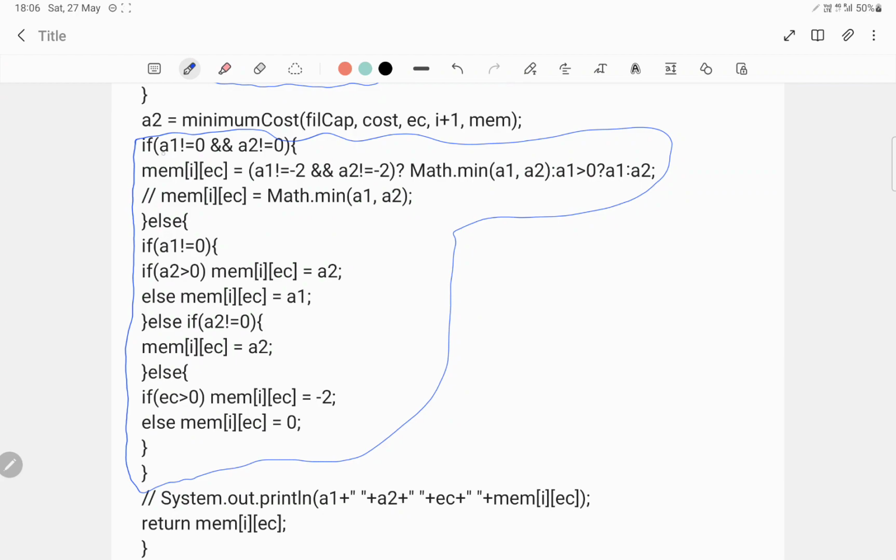So here we will check if a1 is not equal to 0 and a2 is not equal to 0, meaning neither is excluded. If it is not equal to 0, then what does it mean? It means either it will be -2 or it will be greater than -1. So if a1 and a2 are both -2, we will return a2. I mean, any value we return doesn't make any difference. So first we will check if a1 is not equal to -2 and a2 is not -2, then we will return the minimum of both. If one of them is -2, then we will return